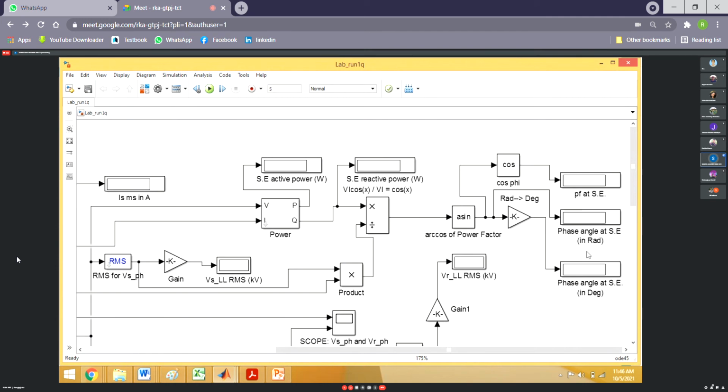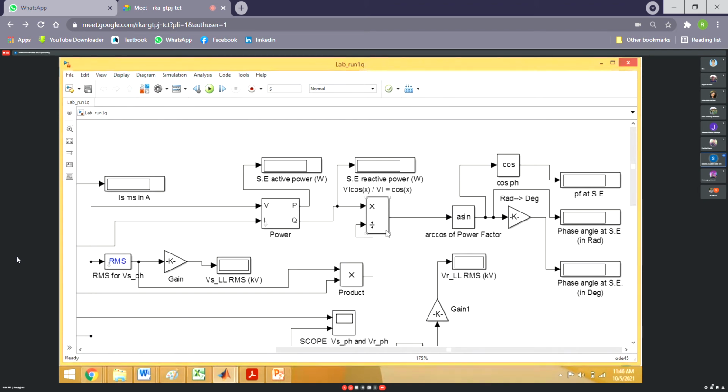But sin inverse is negative if the actual sin theta is negative. So we can get the idea of lagging and leading power factor also, right? That's why I have taken this one also, and I have seen that if we measure power in this way, then it shows better result.